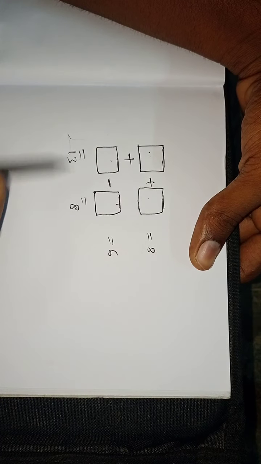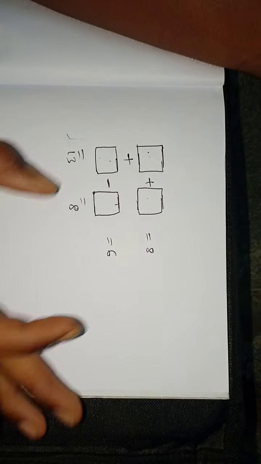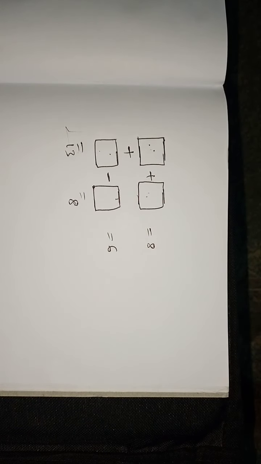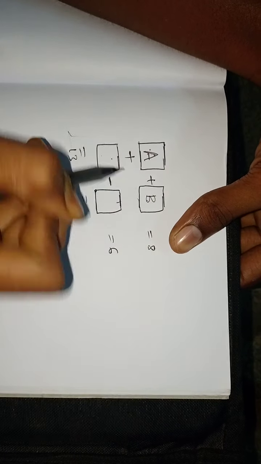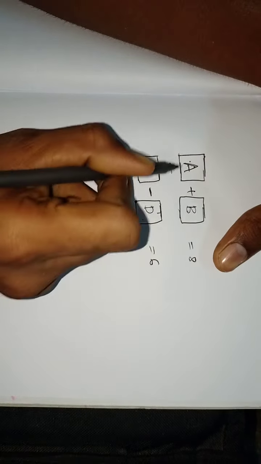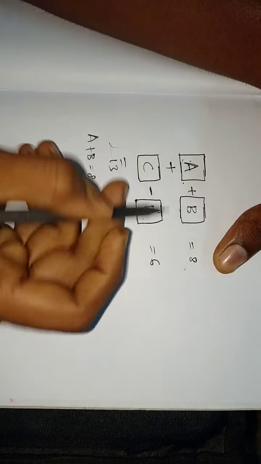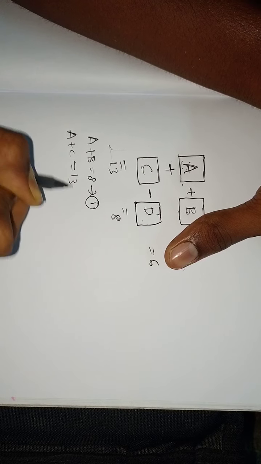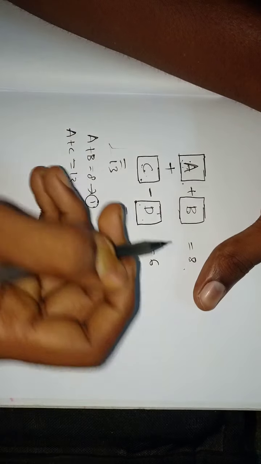Generally, for this, take variables instead of blanks, solve the linear equations to get the values, and substitute them in the blanks, and we get a perfect answer. So guys, let's fill this blank with a, this with b, this with c, and this with d. From this, write the equations: a plus b equal to 8, equation 1. And another one, a plus c equal to 13. This is equation 2.